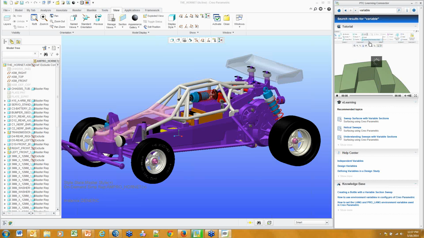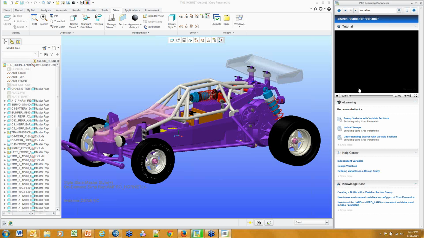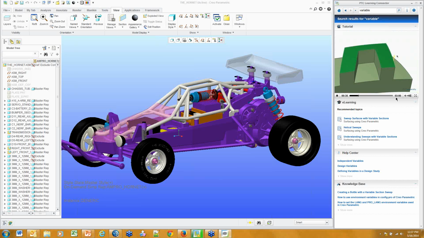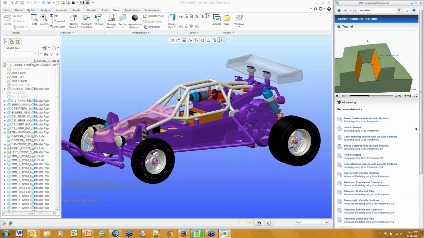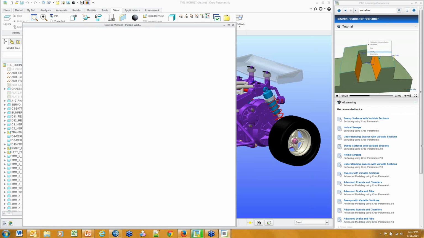We can hit play here. We can watch the tutorial. This one here is the wrong one, actually. This is variable pull draft. But nevertheless, we are going to see a demonstration in real time of the feature that we looked for. Now I can also expand to show more, and here we're going to see sweeps with variable sections. I'm going to click on that,